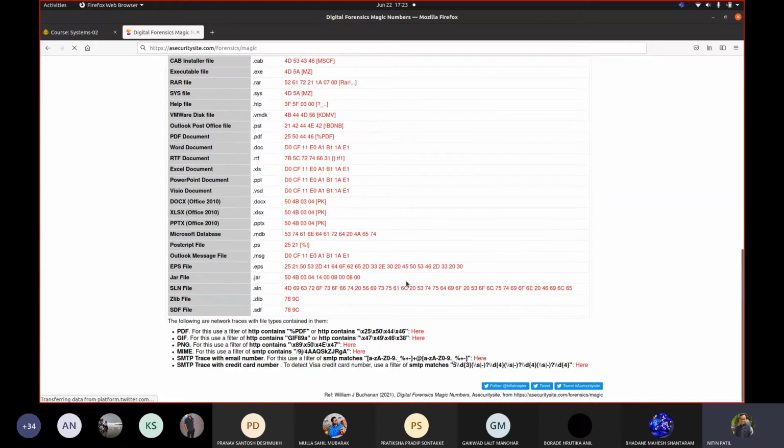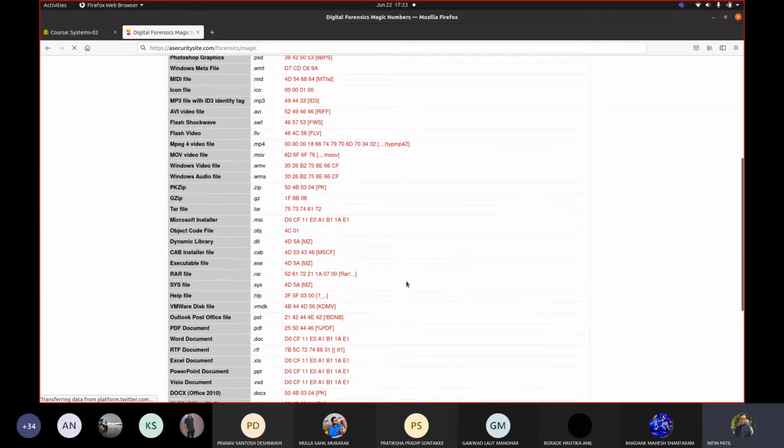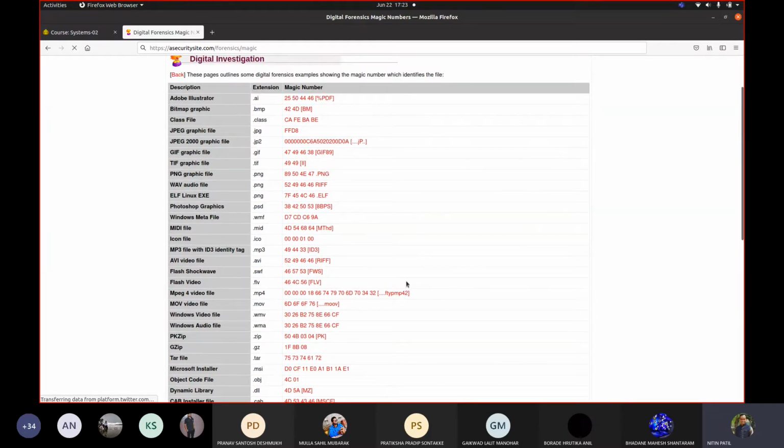These all are magic numbers of most of the known files. At least let us try for 3-4, say for example JPEG, then MP3, okay, then maybe WAV, okay, or MP4. Try to give these files as input and then see whether you are able to really get that information. So your target is, you take 7 days, 8 days, whatever, but you have to write your own file command. So this is your first assignment.